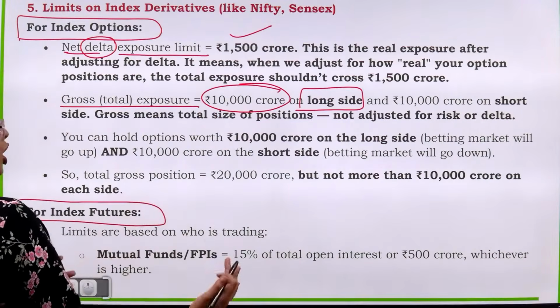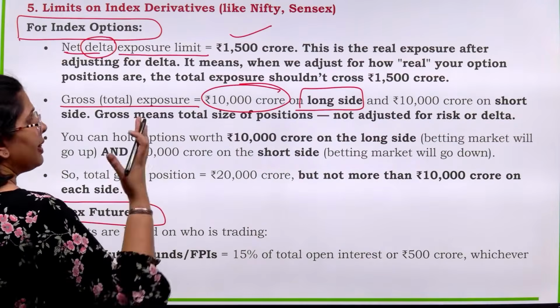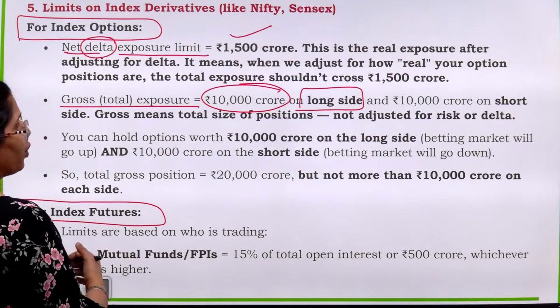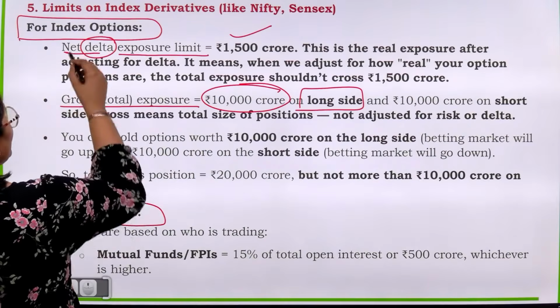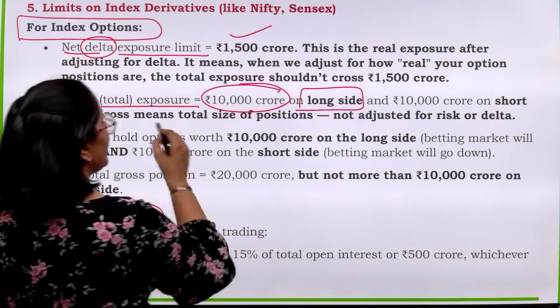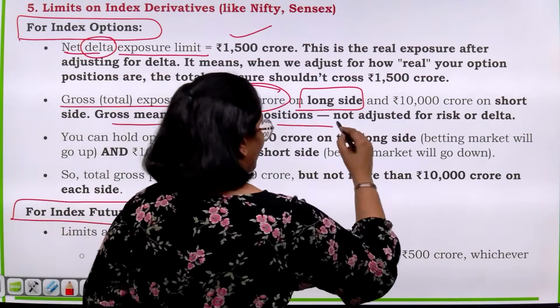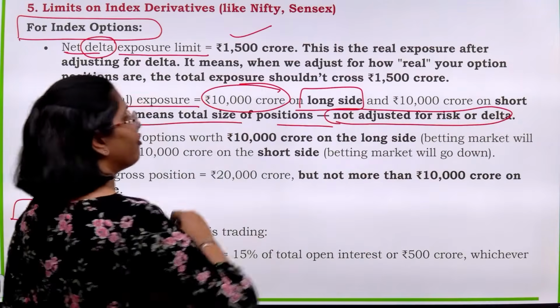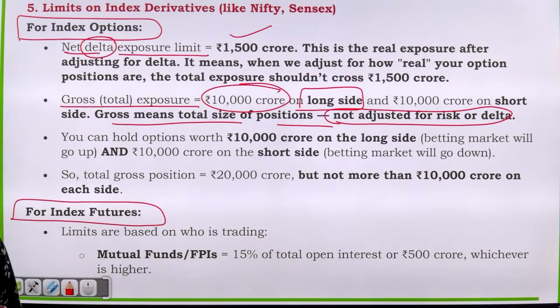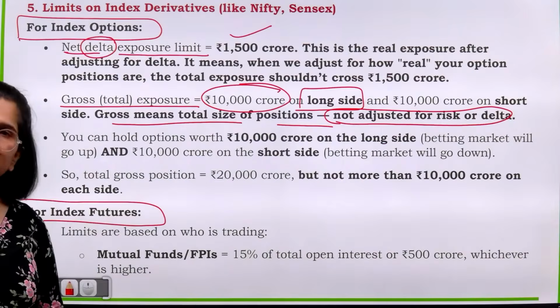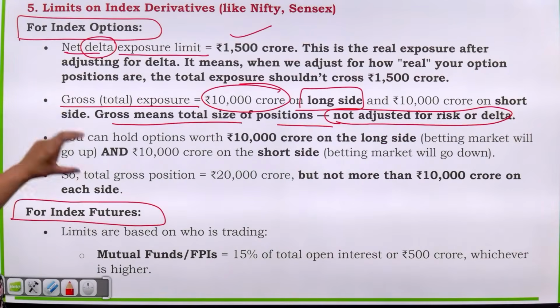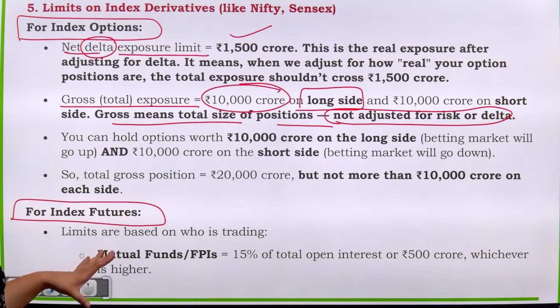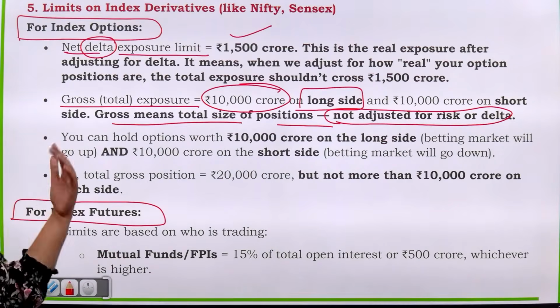If you have taken a short position, that means the right to sell, then 10,000 crore on both sides. This is gross. What is the difference between net and gross? Gross means total position. That means we have not adjusted it for delta. So this is your gross related limit. Delta adjusted limit is this, right? You can hold the position, but your total gross position is 20,000 crore, but not more than 10,000 crore on